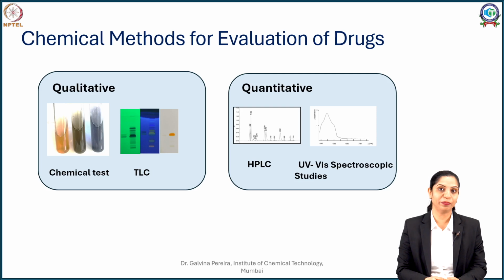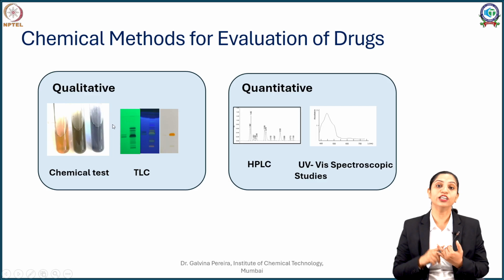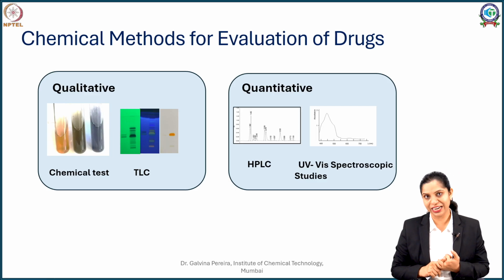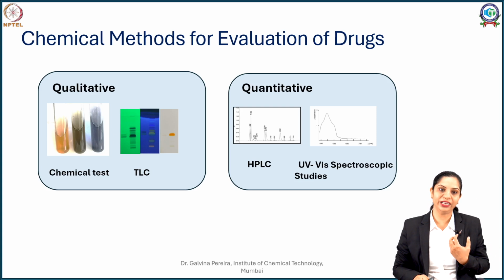Recollecting our chapter on tannins where you saw these three test tubes, this was your ferric chloride test. And what we said is, when your tannin extract is treated with ferric chloride and the color of the solution changes to green, we say that they are condensed tannins. But if the color of the solution changes to blue, we say they are hydrolyzable tannins. So through this test, we are sure that our extract contains tannins, and we are sure what type of tannins are present. So qualitative will give us that kind of data.